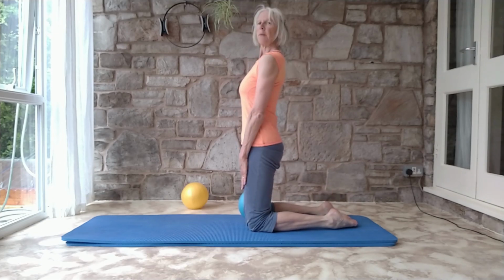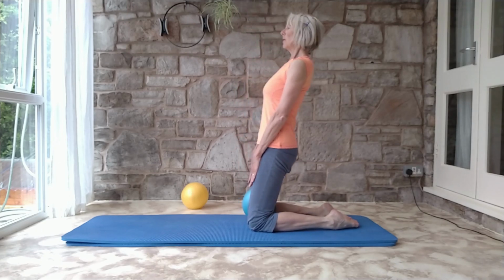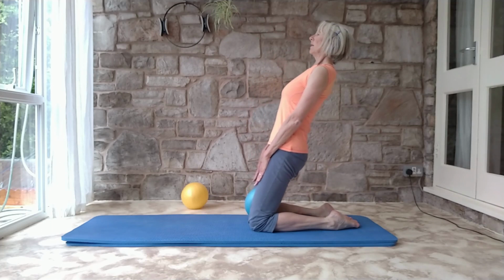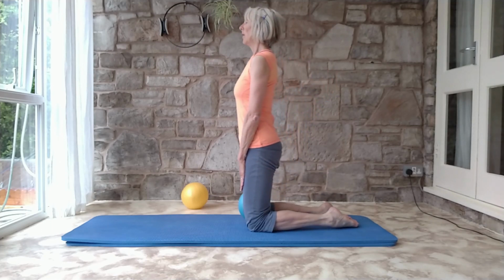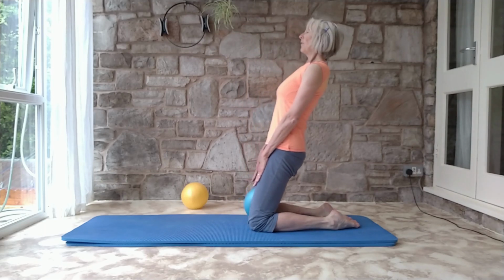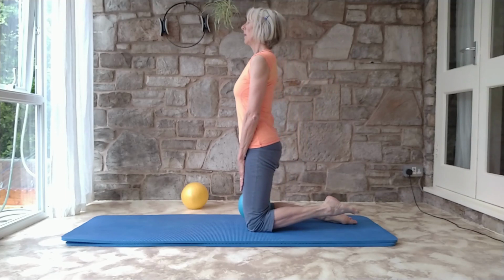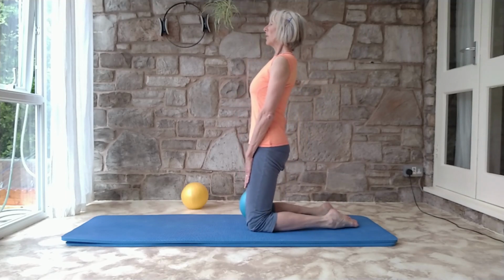And from here, just taking the hands onto the thighs and literally feel the shins pressing into the mat as you do a little tilt back and a little tilt back up. So try and think the weight isn't so much to the knees, but you've got the feet and the shins taking the weight here. Let's do one more like this. So just hinging back